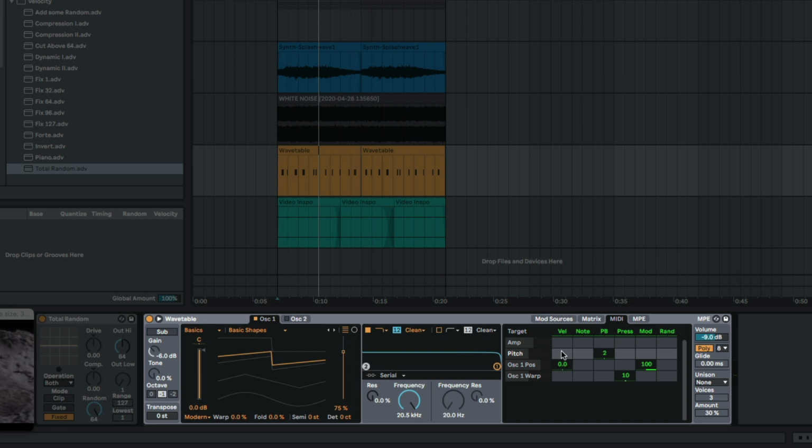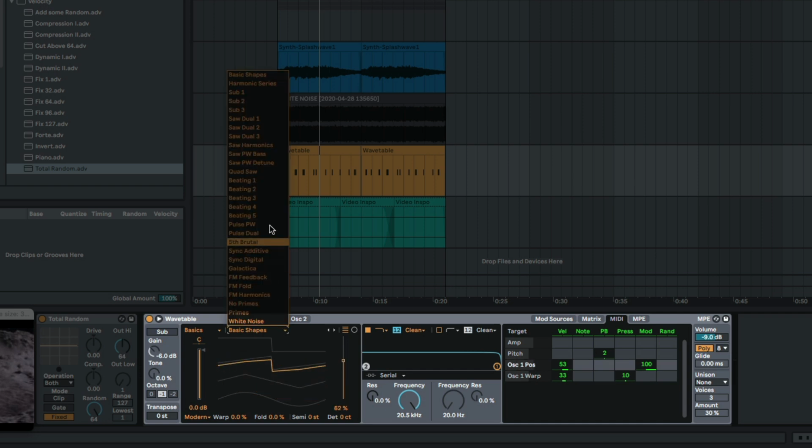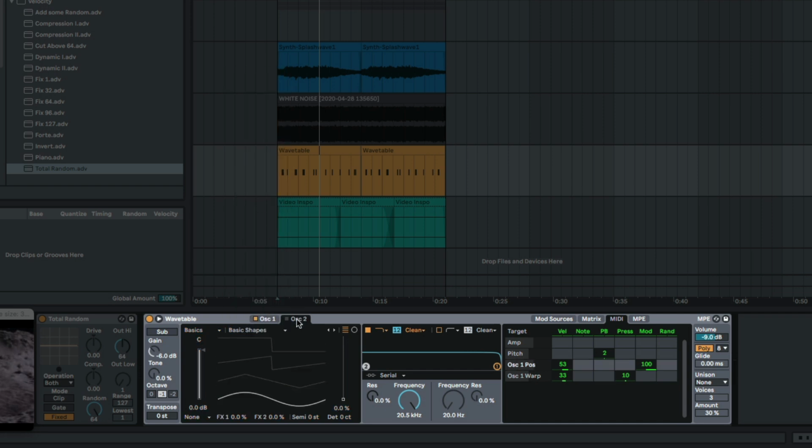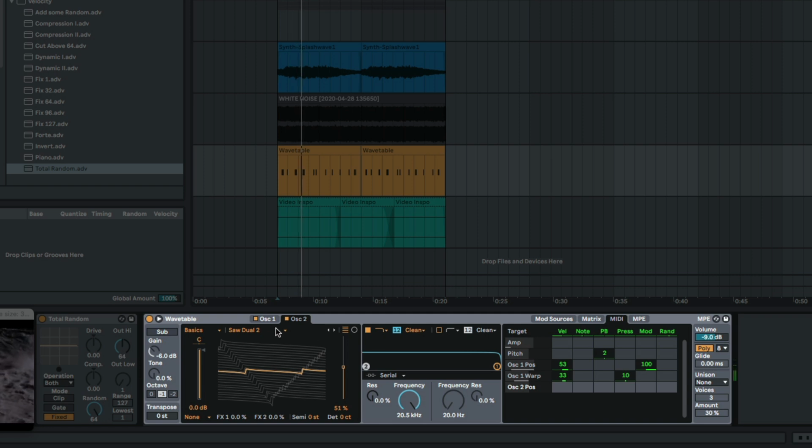Right? So I can also do this to stuff like oscillator position and oscillator warp. And so it's going to just randomize each one and sort of change the texture each time. So maybe I could just put a few of these onto different sort of